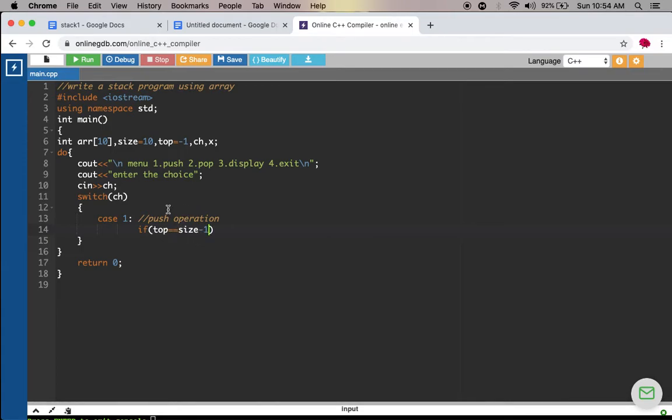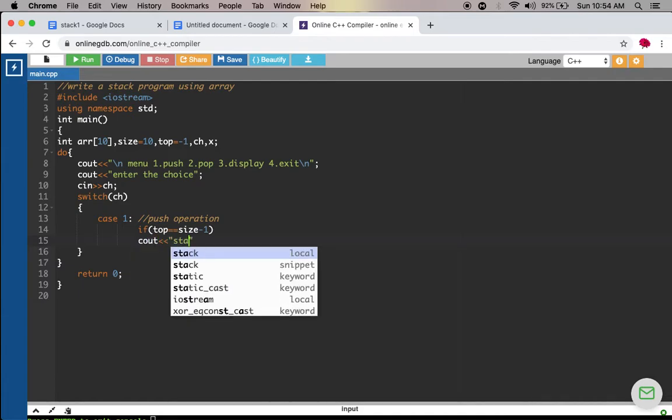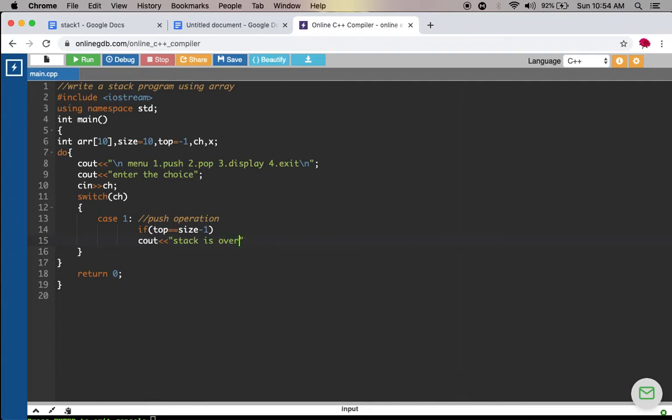Here the size is 10, 10 minus 1 is 9. 9 is the last index position in the stack. So whenever the top points to the last index position, it indicates the stack is overflow, and it prints stack is overflow on the screen.